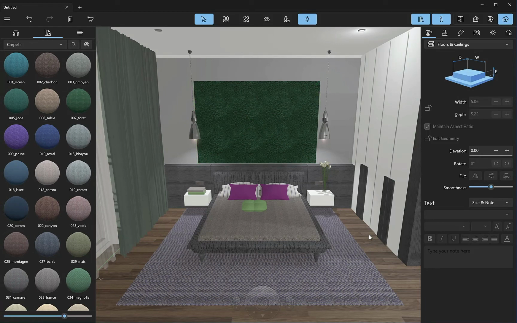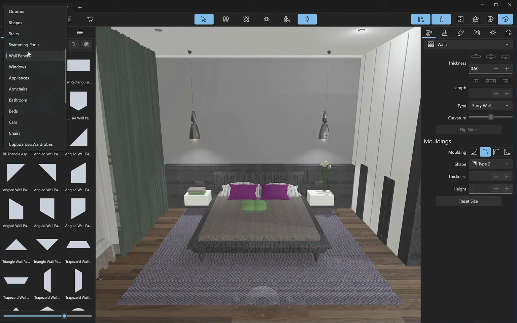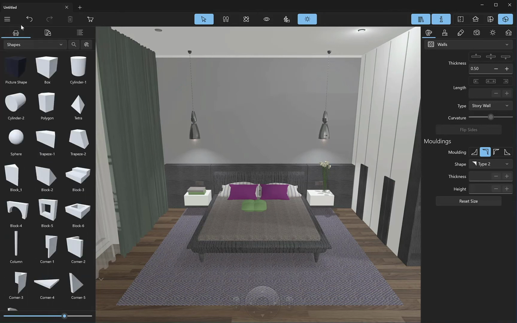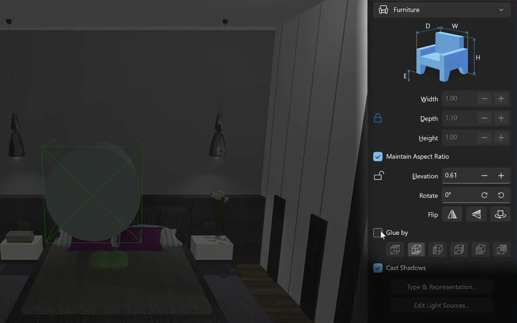3. Working with shapes. The principle of working with shapes to hang a rug on the wall is quite similar to working with wall panels, especially if you use the surface shape to create a rectangular rug. So let's make an oval rug for a wall to see the features of the Shape tool. Open the Object Library and choose a cylinder shape to add on a wall. Pay attention to the Inspector tab. First, untick the Glue By and Maintain Aspect Ratio options. Next, adjust the elevation of your rug to put it in the necessary place.